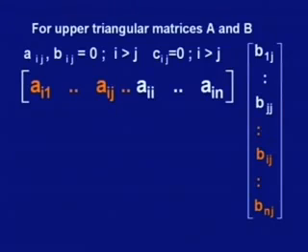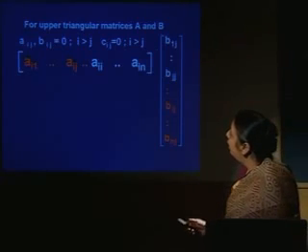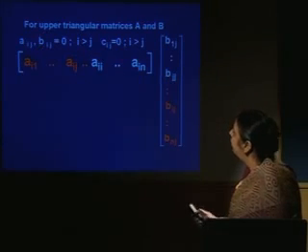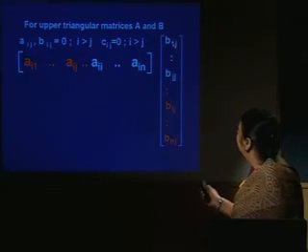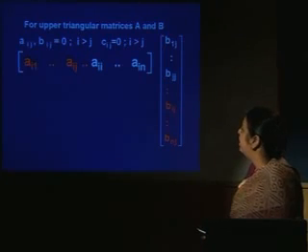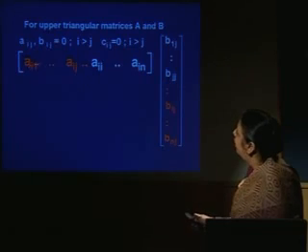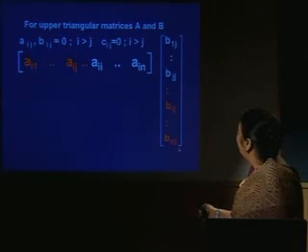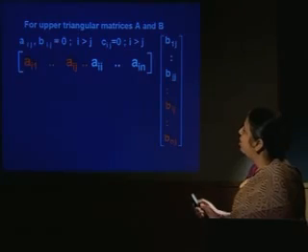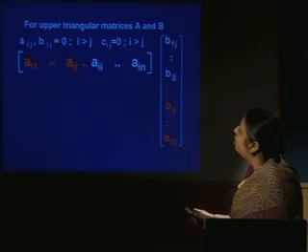Now the Cij element is obtained from the product. So to obtain Cij, I have to multiply the ith row of the matrix A by the jth column of matrix B. So if I write down the ith row of matrix A, and this is the jth column of matrix B, notice that some of the elements in this row matrix are orange, and some of the elements here are also orange. Actually they denote that these are the elements which are 0.